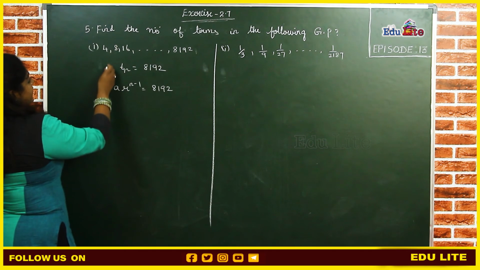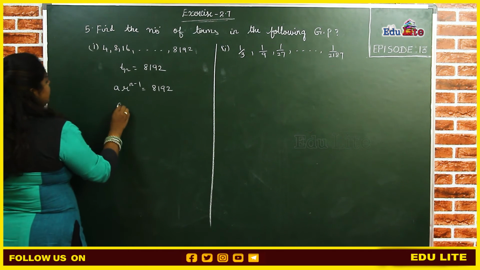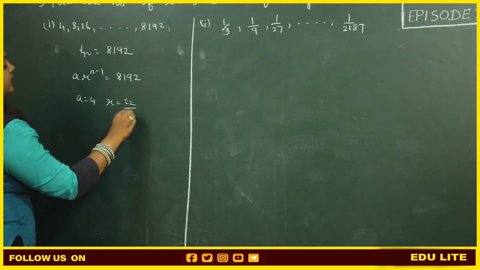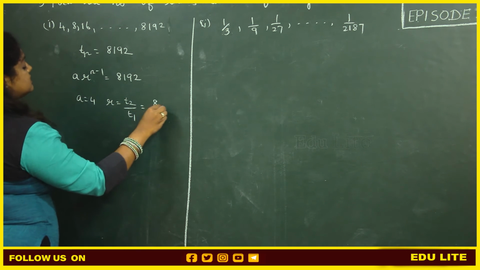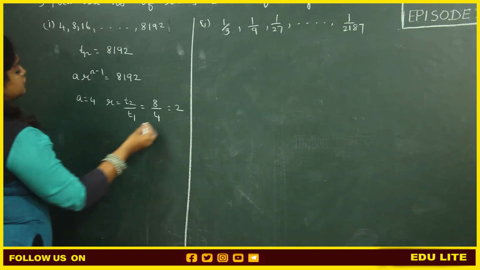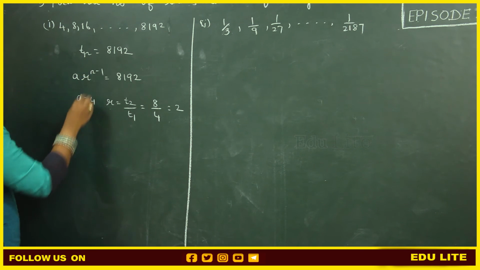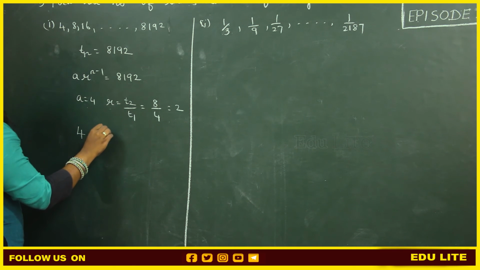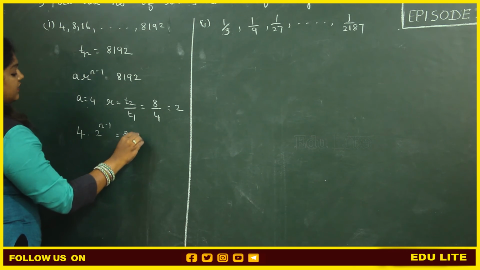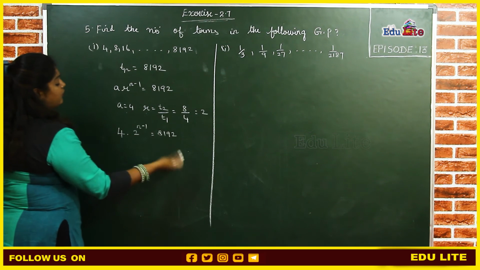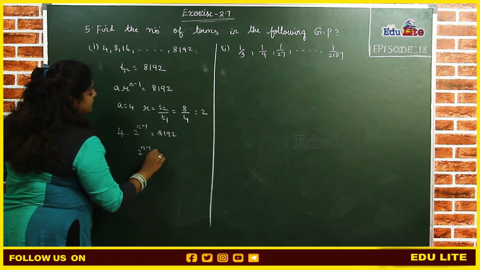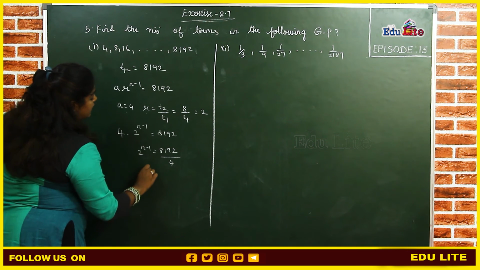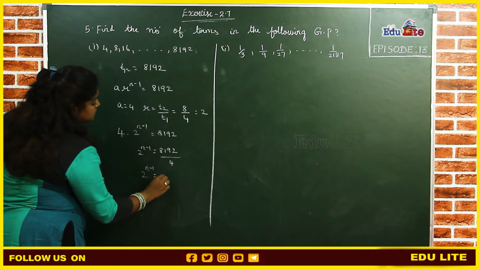We can write the value of a from the sequence, which is a is equal to 4, and the r value can be found by using T2 by T1. T2 value is 8, T1 value is 4, so 8 by 4 is 2. Let us substitute the value of a and r in this. A value is 4 and r value is 2, power n minus 1, which is equal to 8192. So I will take 4 to the other side. 2 power n minus 1 is equal to 8192 divided by 4. Let us divide this by 4. 2 power n minus 1 is equal to